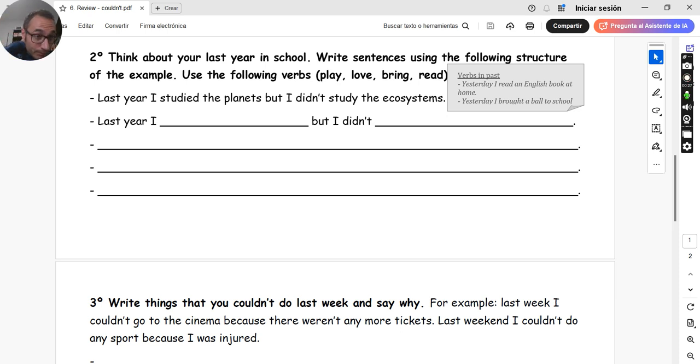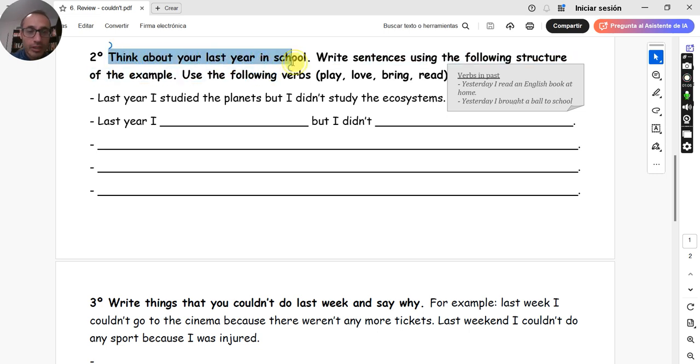Well, anyway, this one is going to be a review of how we use the negative form of the past in English, right? As you can see, we've got this exercise that most of you do correctly, but some of you have some trouble using the past in a negative way. For example, if you see this exercise that we already did in class, say